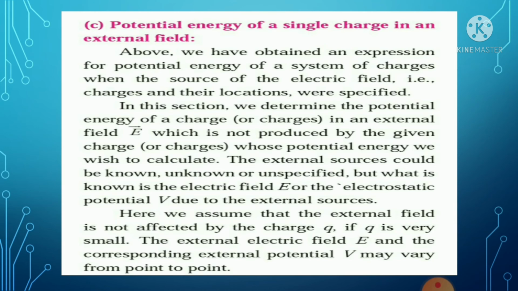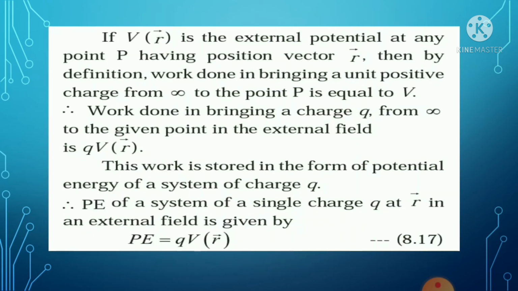Vary means to change from one point to another point. At that time, we can find the potential energy or electrostatic potential. If V of R is the external potential at any point P having position